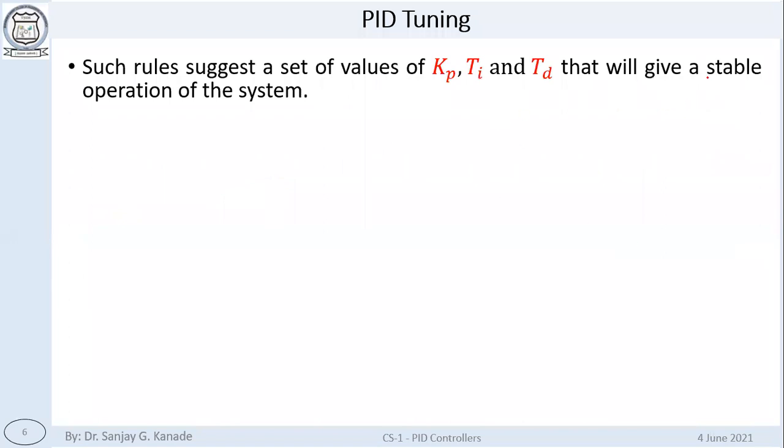The idea behind this is to give a stable operation of the system. We want stable operation of the system. What does it mean by that? To obtain stable operation of the system, we have studied the stability. There should not be many transients. There should be minimum errors, and the other time domain as well as frequency domain specifications should be within our requirements. Like how much should be the peak maximum overshoot, how much should be the delay time, how much should be the rise time, how much should be the steady state error, what should be the zeta, right?